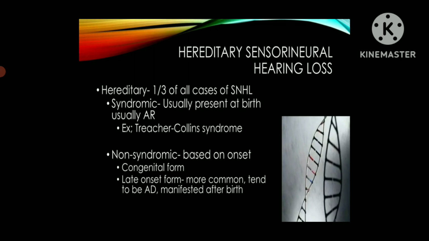Known causes, first is hereditary sensorineural hearing loss. In this, the chance of hereditary sensory hearing loss is 1 in 3 of all cases of sensorineural hearing loss. First is syndromic, second is non-syndromic. Syndromic usually presents at birth, usually autosomal recessive. The example of this is Treacher-Collins syndrome. In non-syndromic, it is based on the onset, whether it is the congenital form or the late onset form, which is more common, and tends to be